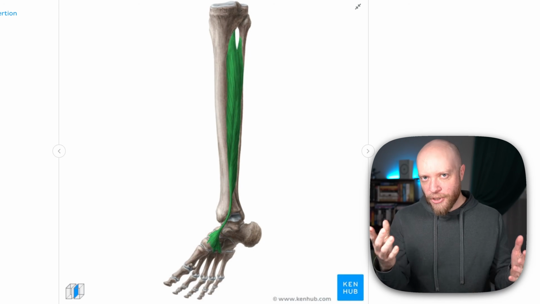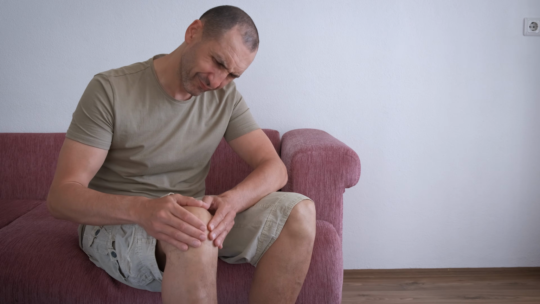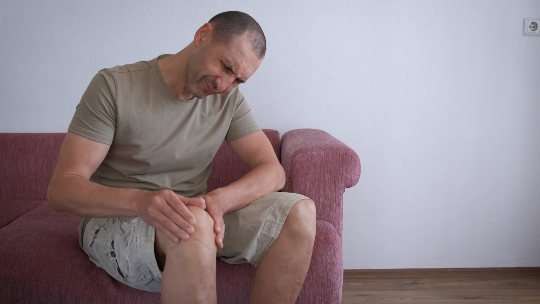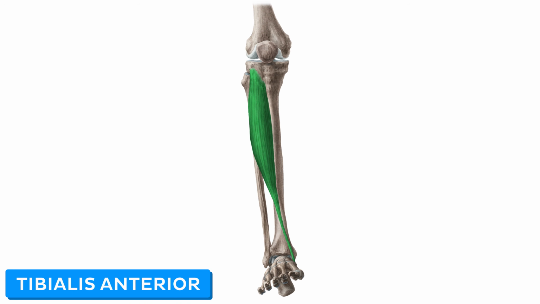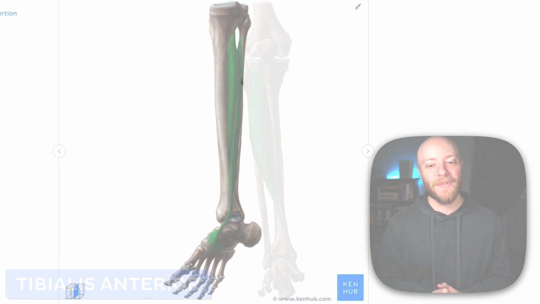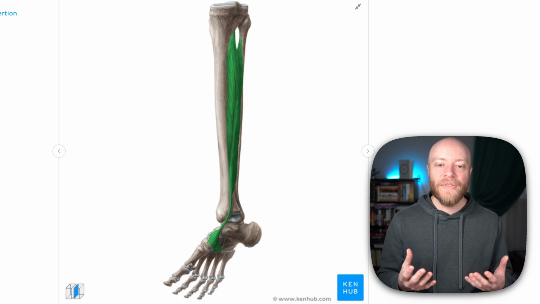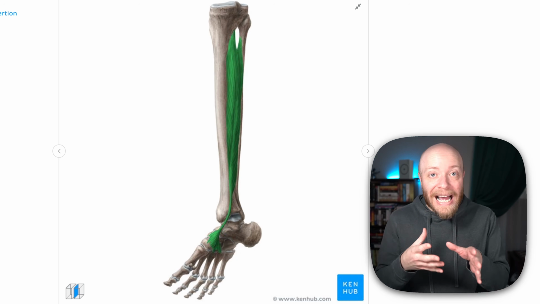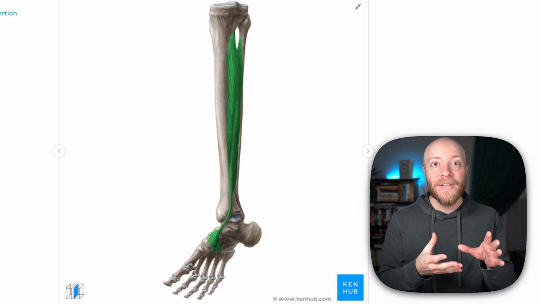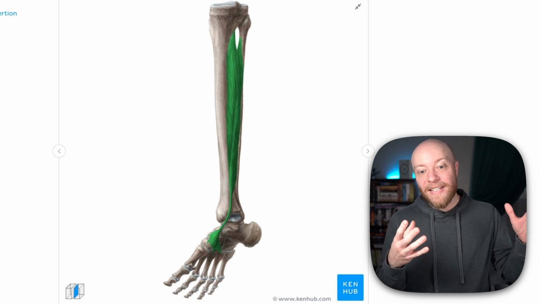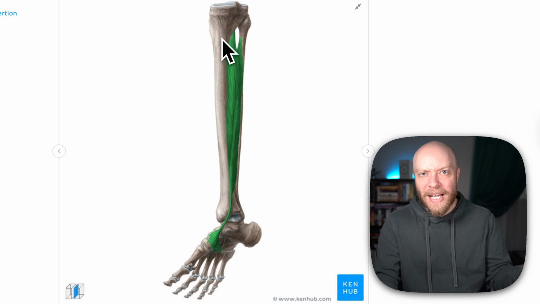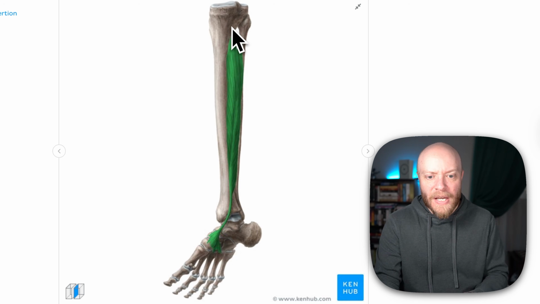This thing is partially responsible for shin splints. I say partially because its counterpart, the tibialis anterior, is also responsible for shin splints. And that is because they have a very unique relationship with the tibia itself in terms of the fascia and how the epimysium of the actual muscle blends in with the periosteum. So if all of that sounds like gibberish, what I'm saying is the outer surface of these muscles,